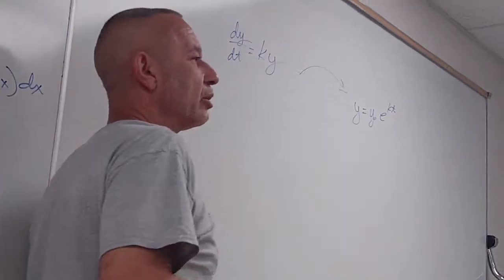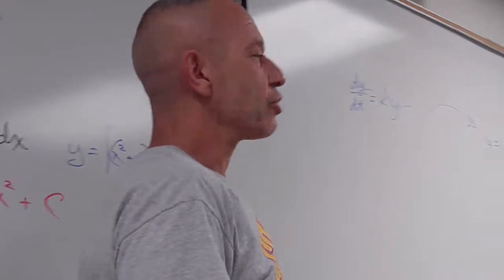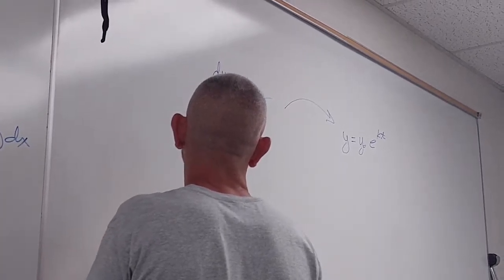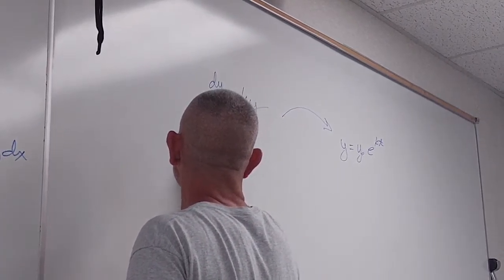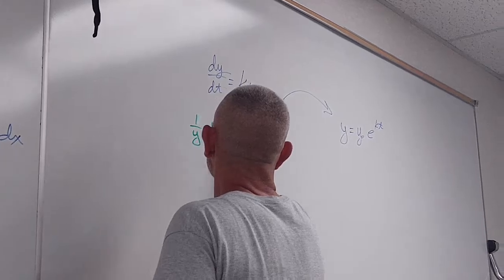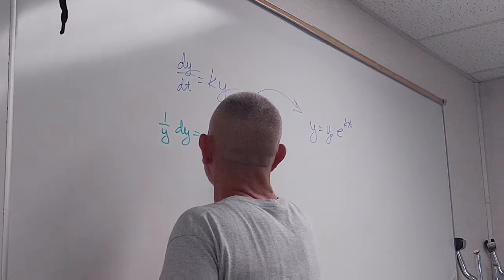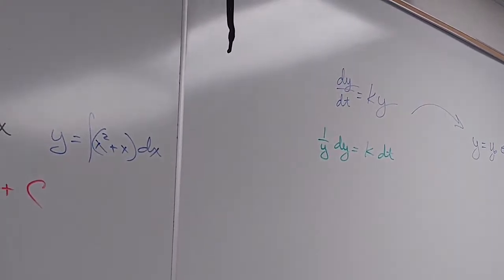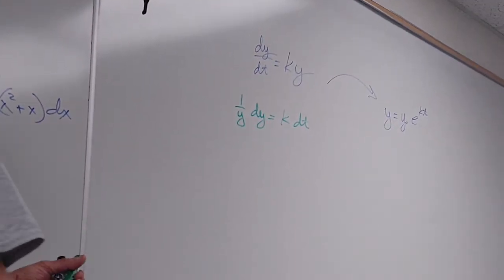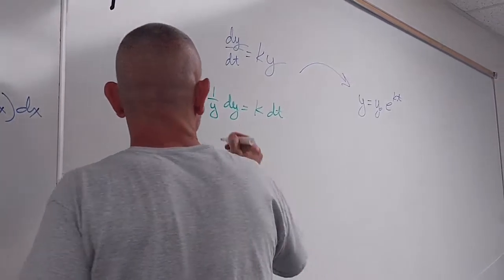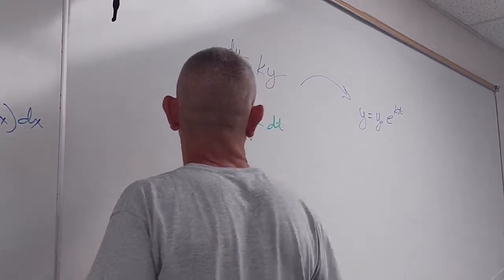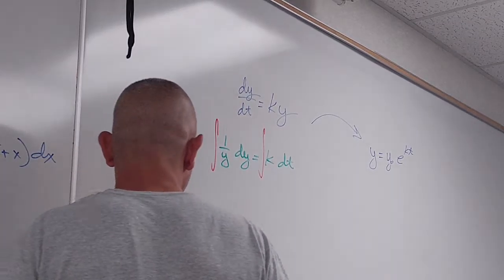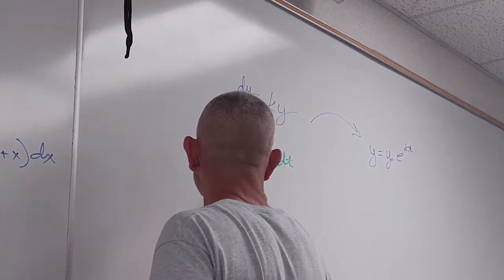Well, now we're going to prove that that's the equation. dy dt equals ky, variable separable. I'll put the y over on the y side and put the dt over with k. Separated the variables. Now let's integrate. The integral of 1 over y,